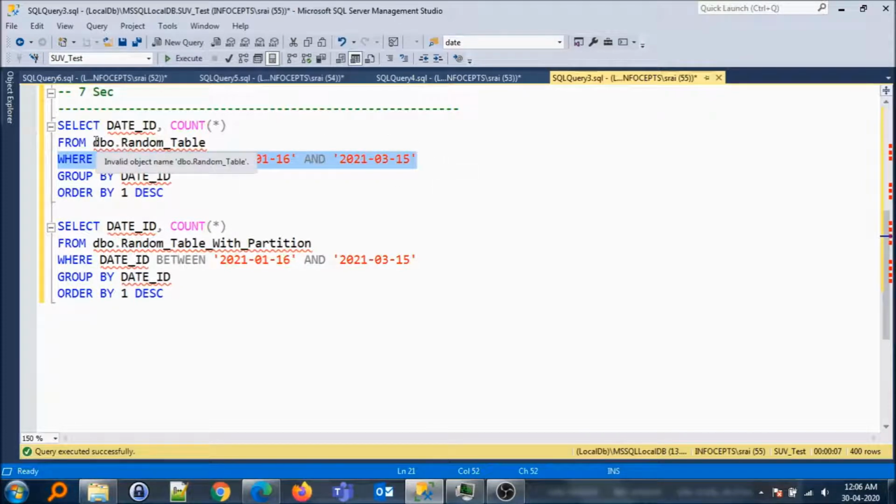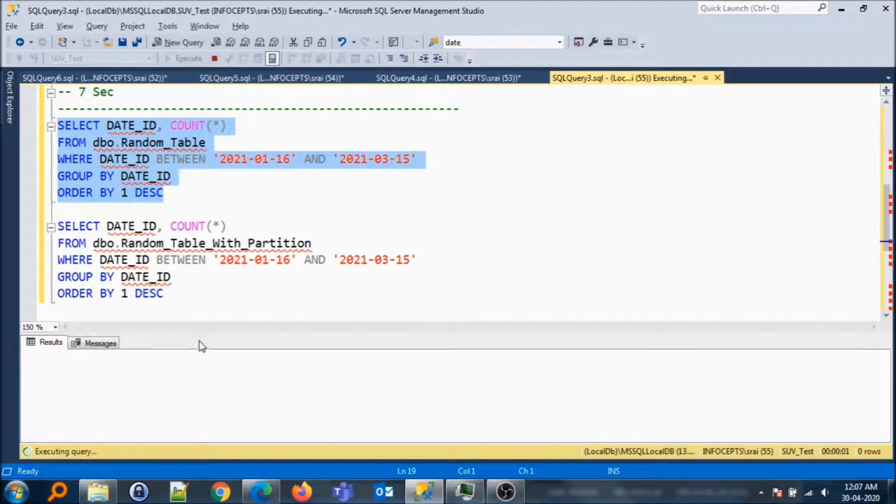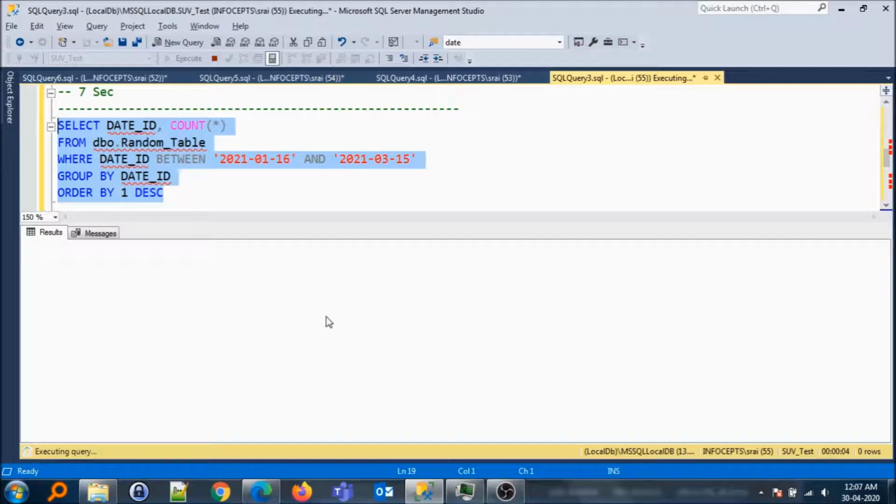Now if you notice, this query is being executed on the table that does not have any partition on it. So the expectation here is that once I execute it, the system will have to scan the complete table to arrive at the result set, and hence ideally we expect that this query should take longer to execute as compared to the query that we intend to run next on the partition table. To validate this, let me first execute this query and let us wait for the result set to come by.